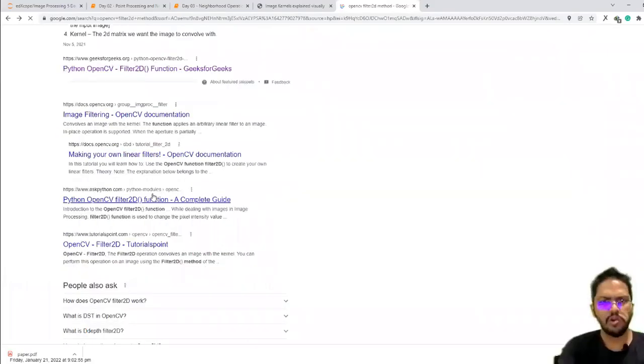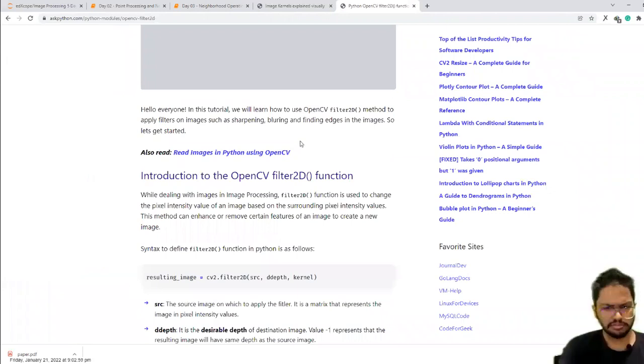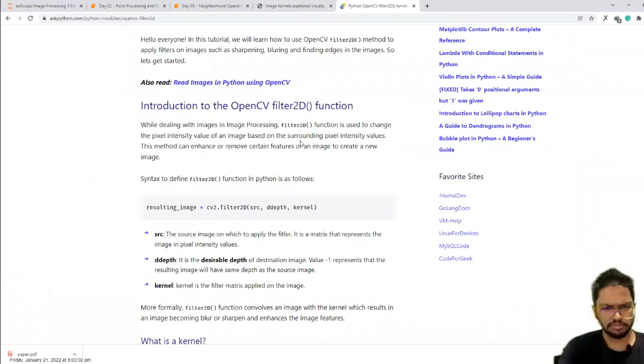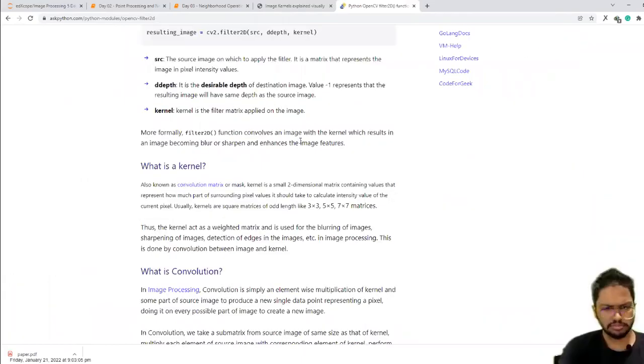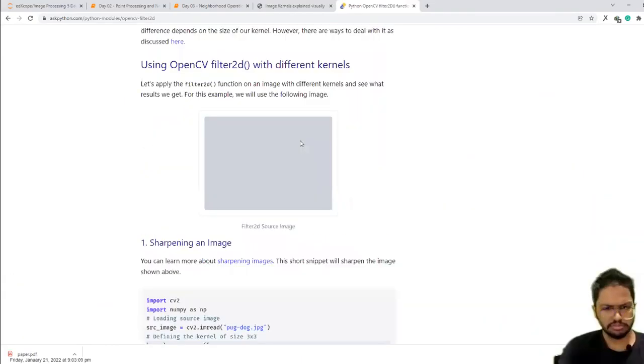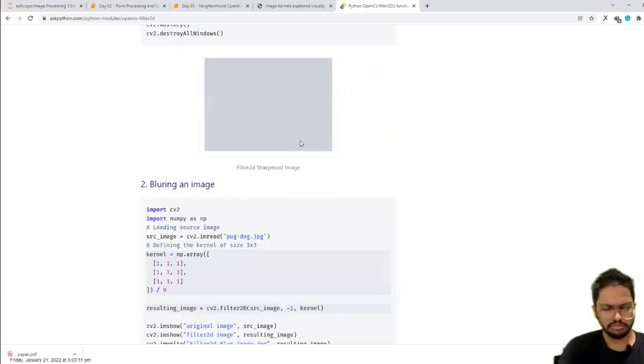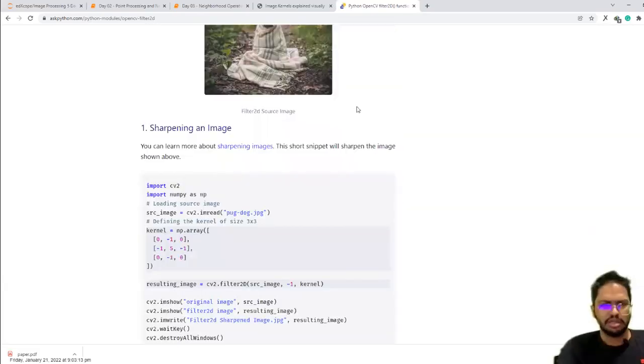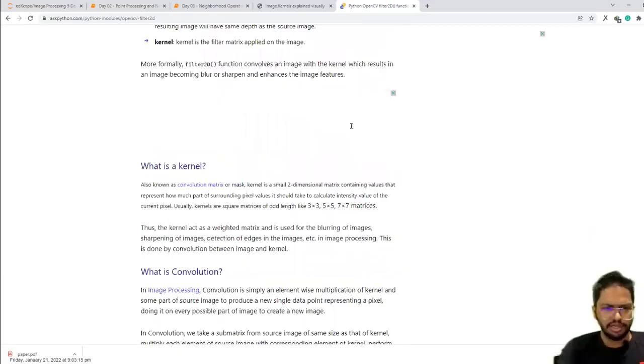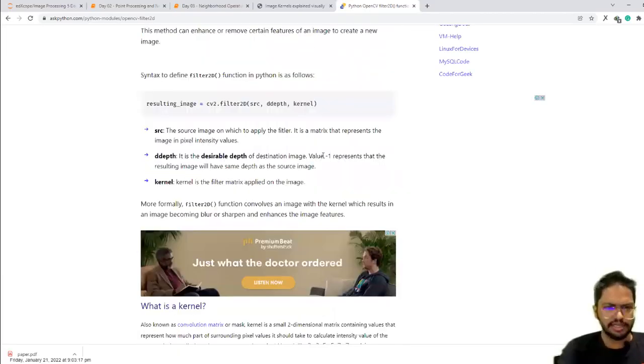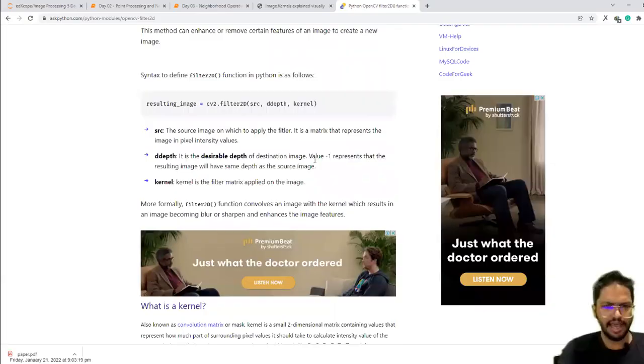It's not clearly explained. Let's see. Actually, I also can't remember, but here it says when you use this depth as minus one, the resulting